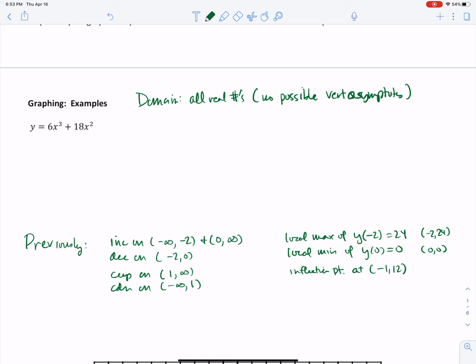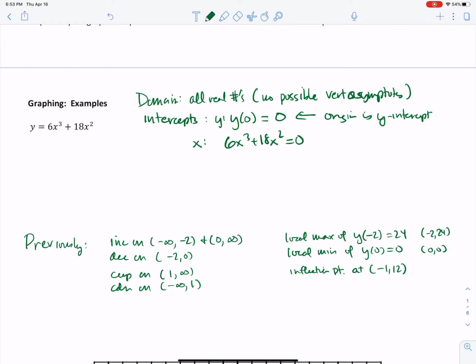So I don't have to worry about that. In terms of intercepts, well, y of 0 is equal to 0. So the origin is my y-intercept. And for x-coordinates, I want to solve. So this is for the y-intercept. And down here for the x-intercept, I want to solve